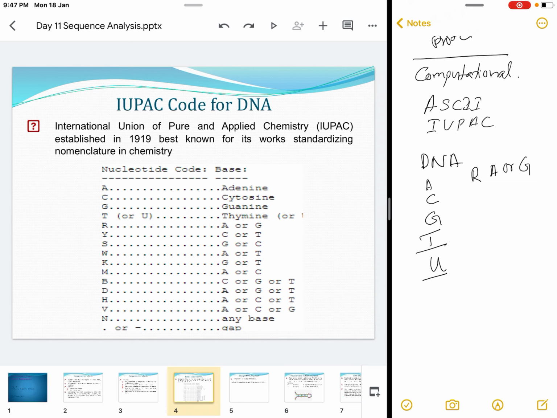And in protein also you have an IUPAC representation. If you see letters in a sequence like Q, or R for arginine, and letters like this, we say that it is the IUPAC code of amino acids. So the IUPAC code has a very important functionality or representation in sequences, and this is very important when we go for something called sequence analysis and allied mechanisms.